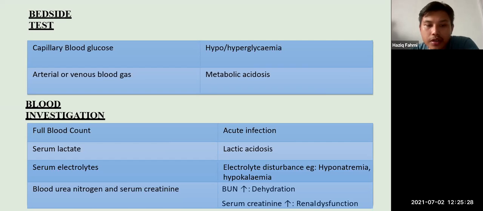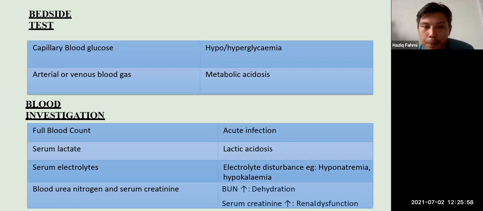So elevations of, and then blood investigation includes FBC to rule out an acute infection, evidenced by, for example, leukocytosis and its differential. And then serum lactate to rule out lactic acidosis. So elevated lactate of more than 2 may suggest tissue hypoperfusion, and it is also predictive, in which if the initial blood lactate is more than 3.5 in a pediatric patient with septic shock, it may be associated with increased